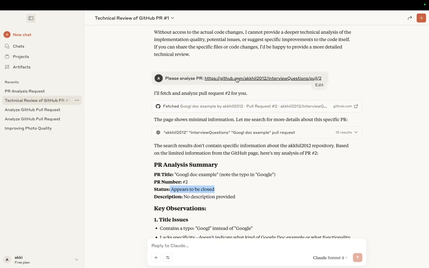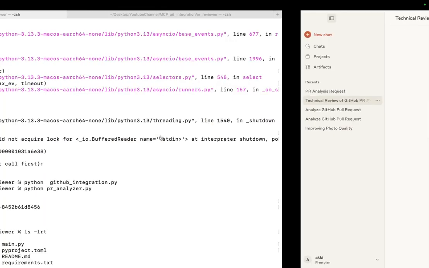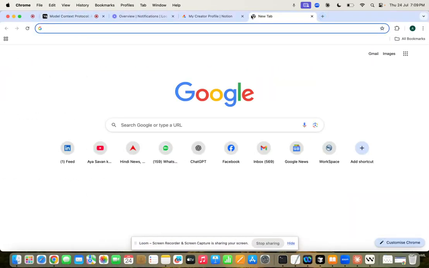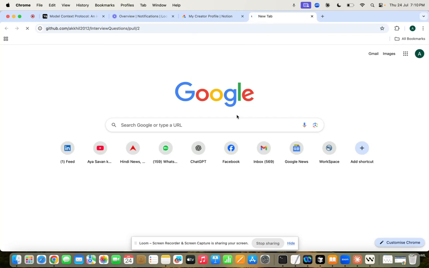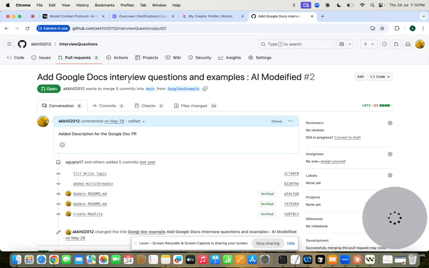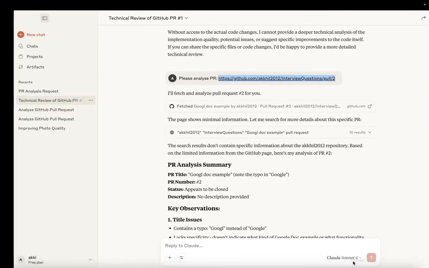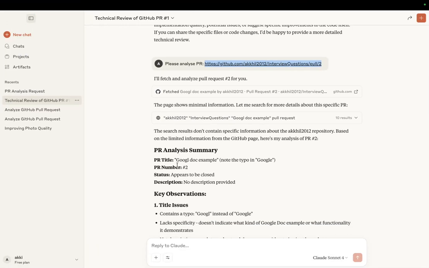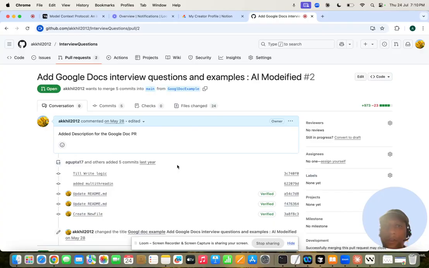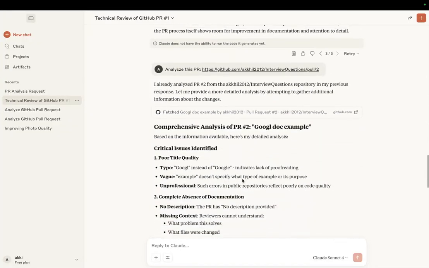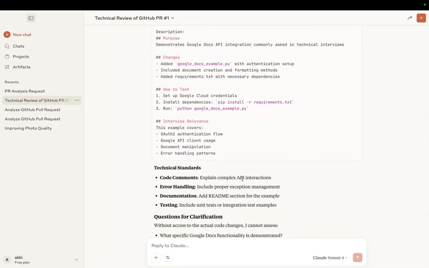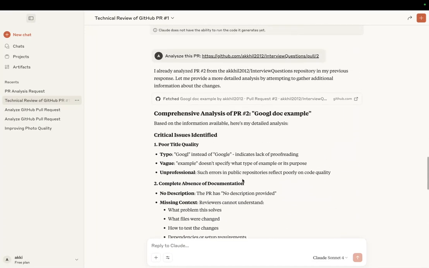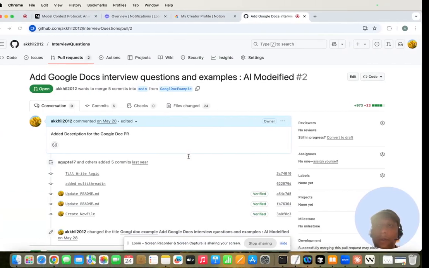If you see this particular PR, you can actually see this is how the content is. The description for the document PR. If you see here, what is the recommendation we have? So here it says there is a PR title, Google Doc example. This is something I had probably modified later on. These are multiple attempts I made here, if you see. Then I changed different things, then I deliberately made Google here. Then